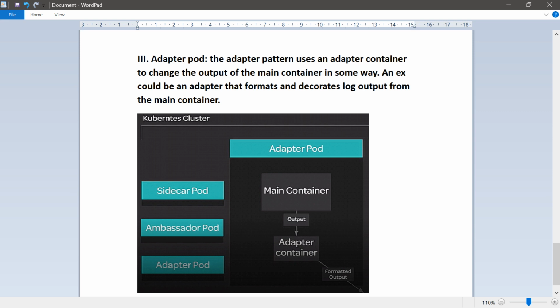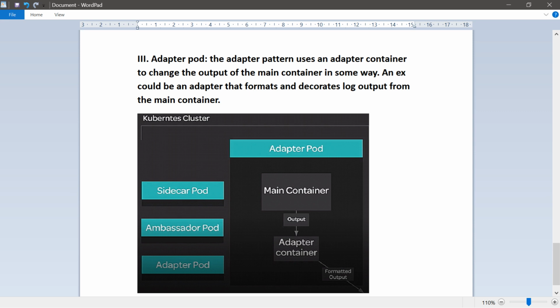So output comes from the main container, and the adapter container formats and changes the output and then makes it available outside the pod itself.